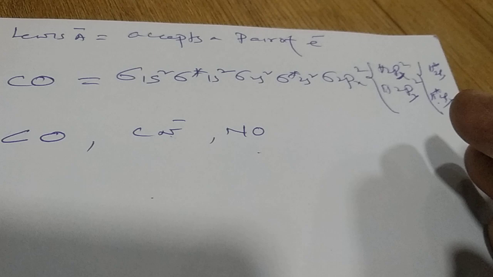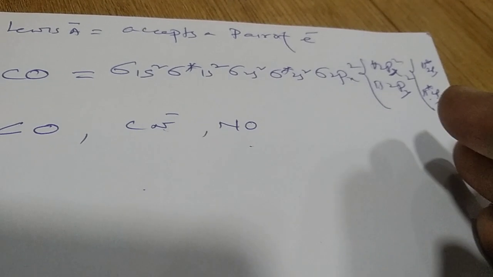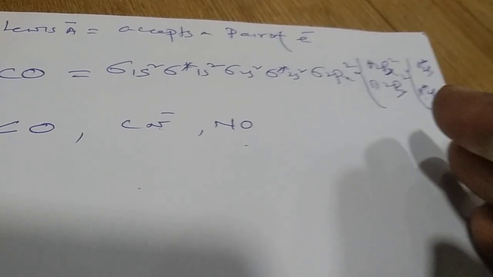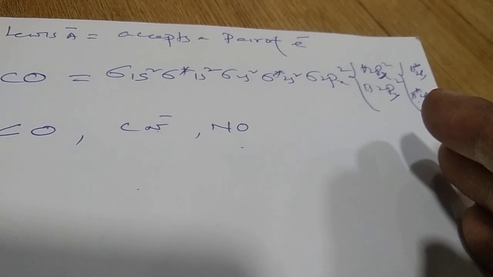Now carbon monoxide is 300 times faster in binding to hemoglobin, the iron atoms, which is the central atom,